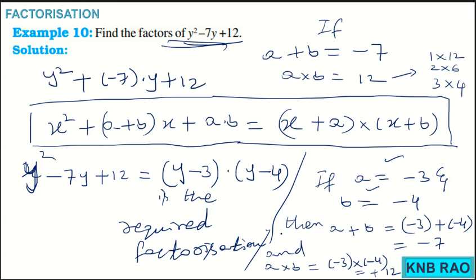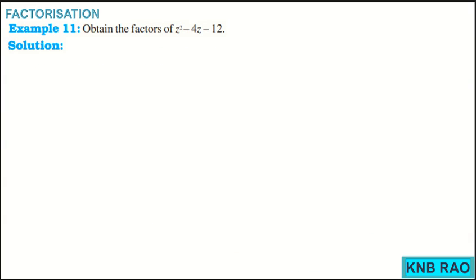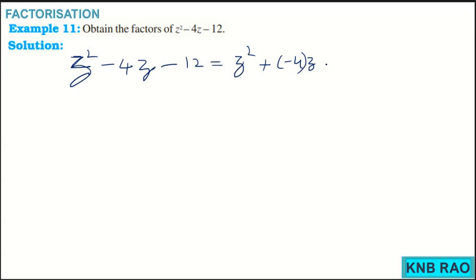Now coming to another example, number 11. In this example, you watch all three terms. First term is positive, next term is negative, and third term is negative. So z square minus 4z minus 12, which I can write as z square plus of minus 4 times z plus of minus 12. That means the sum of two numbers is supposed to be minus 4 and the product of two numbers is supposed to be minus